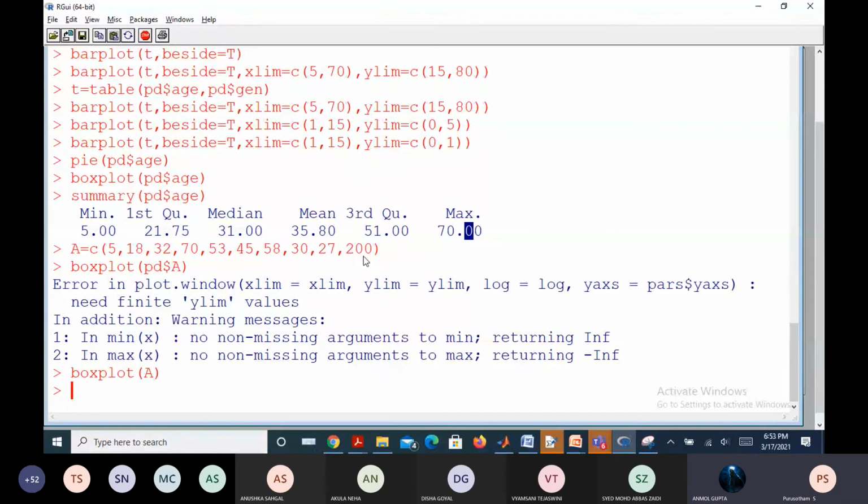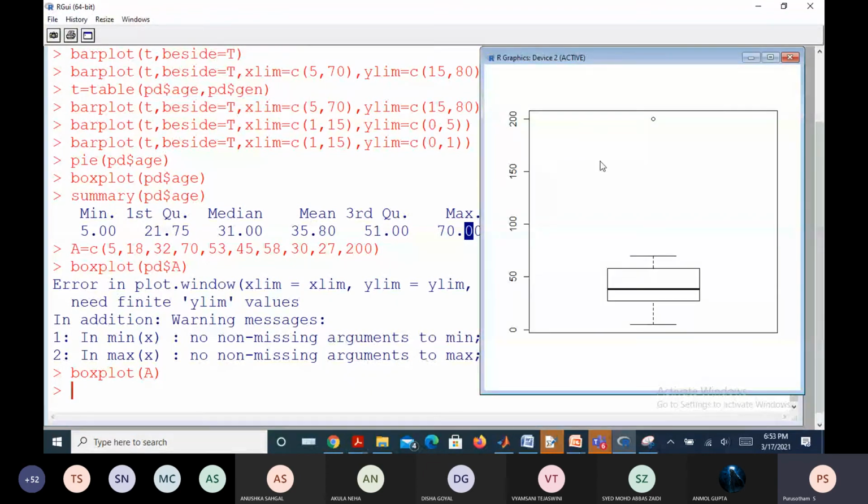But this 200 is too high compared with these observations. So for your analysis, if at any point you notice this kind of abnormal values, you need to discard those abnormal values, remember. So you discard this and then start analyzing only with the remaining data.